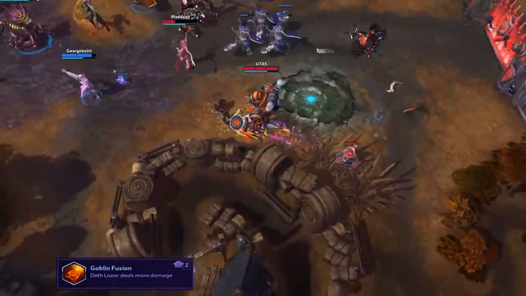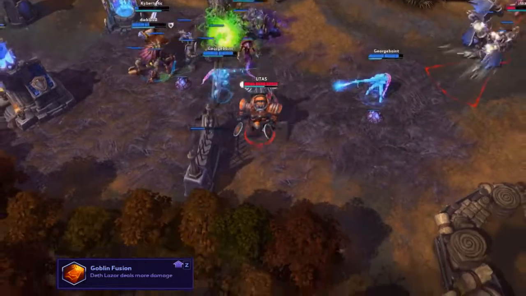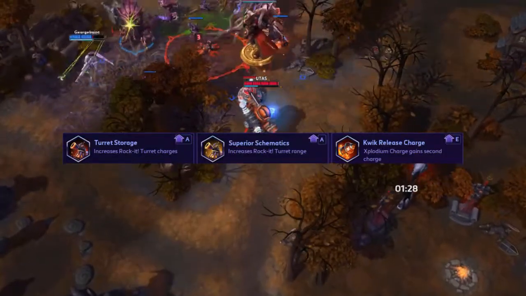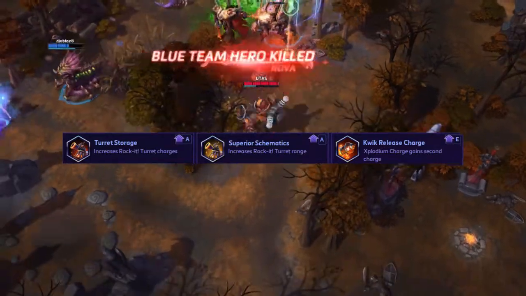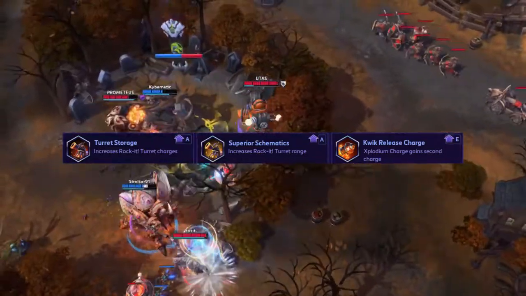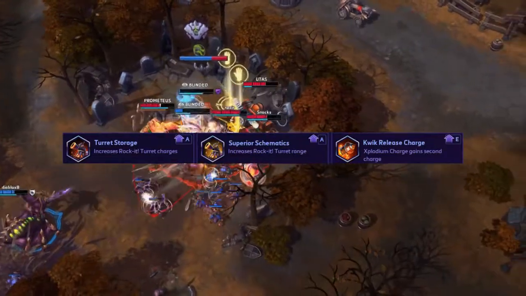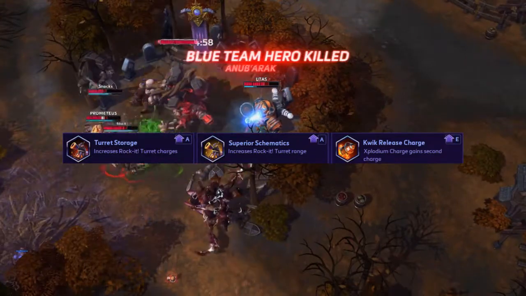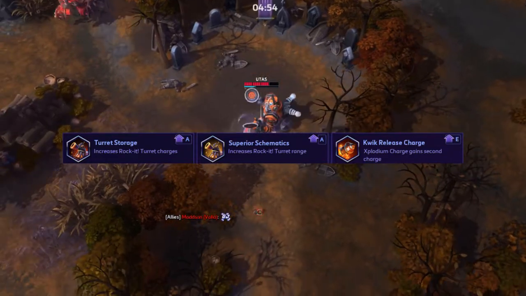At level 13 I take Goblin Fusion. Pretty simple to understand. Death Laser deals more damage. And this is where it gets tricky at level 16. You have the choice between 3 talents, and there's the first one called Turret Storage. Increases rocket turret charges, it goes from 3 to 4, maybe even 5. Or Superior Schematics, which I find is the better one of the 3, but of course all 3 of them are useful. And Quick Release Charge, Explodium Charge gains second charge, and this is good again in team fights, mercenaries,